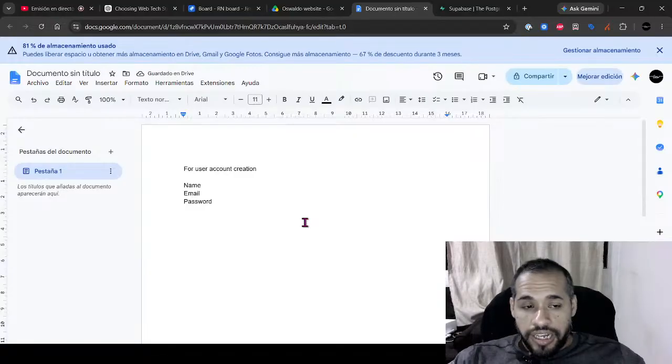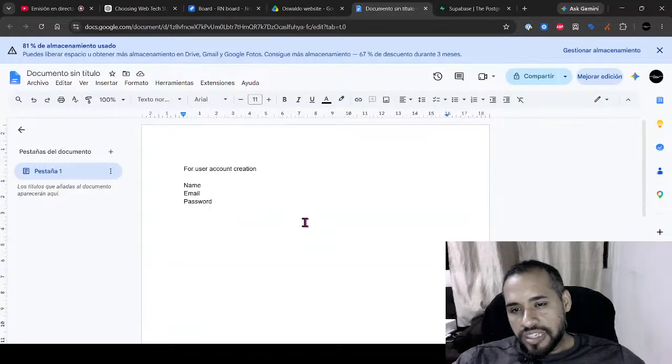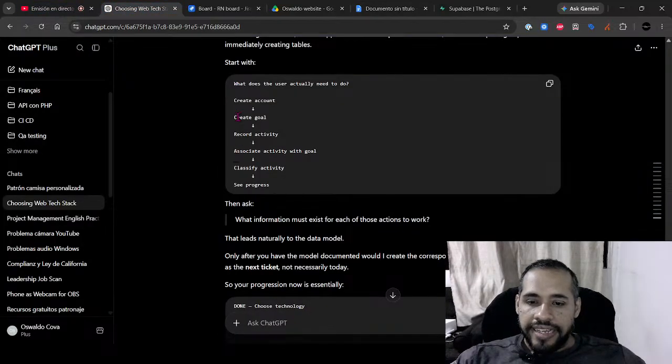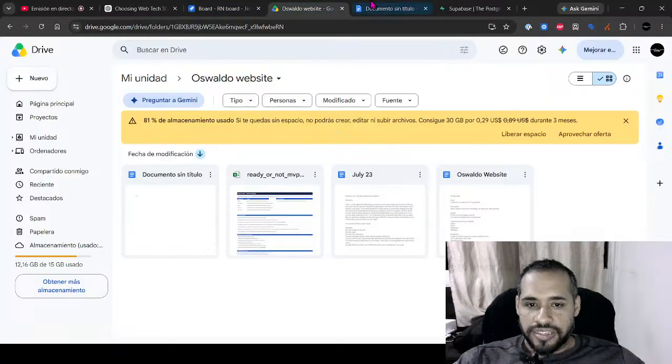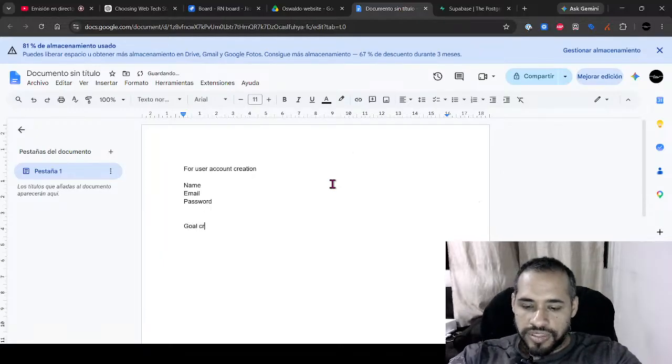I'm going to contrast it with ChatGPT, and obviously it will give me more information about it. Create a goal. So for goal creation, let me check.